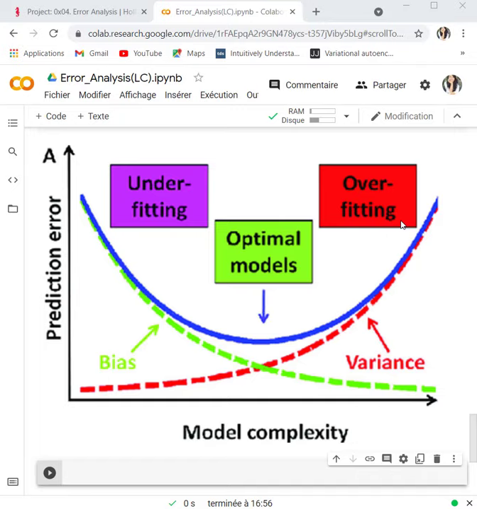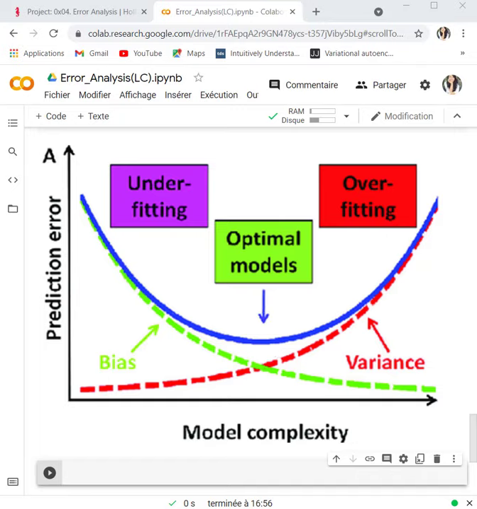So here the optimal model will have a balance between the bias and the variance. This is also called the bias-variance trade-off. This trade-off proves to be the best way to ensure that the model is sufficiently fit on the data and performs well on new data. So a good model has a low bias and a relatively low variance. This is the optimal solution for your model.